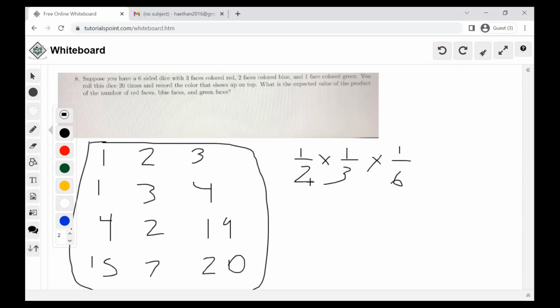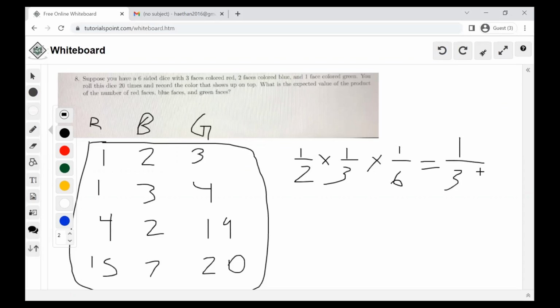So that means that for each triple of distinct rolls, for example, 1, 2, 3, or 15, 17, 20, the probability that this is red, this is blue, and this is green is equal to 1/2 times 1/3 times 1/6, which is